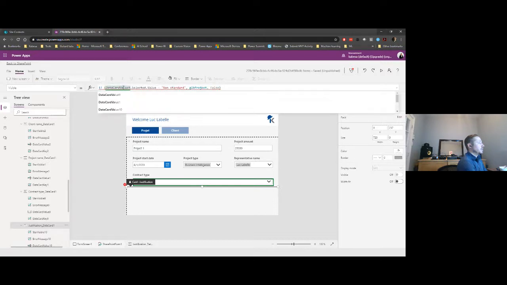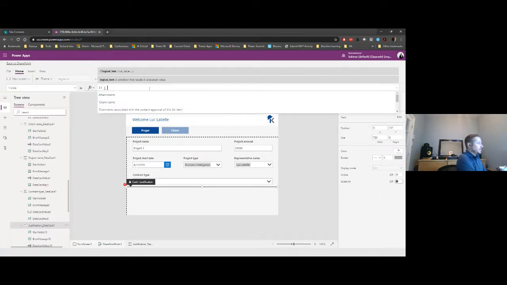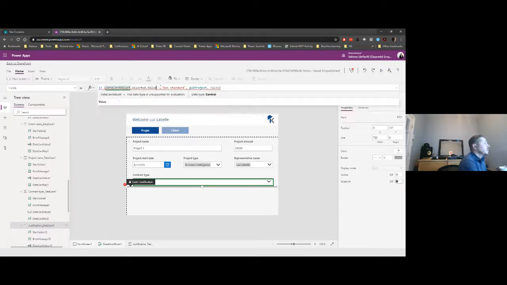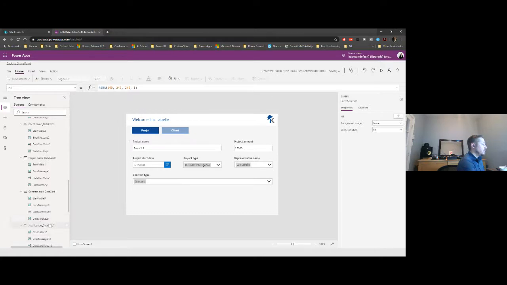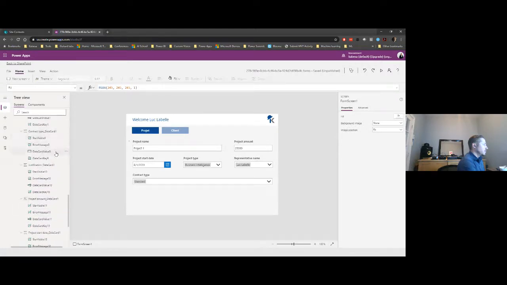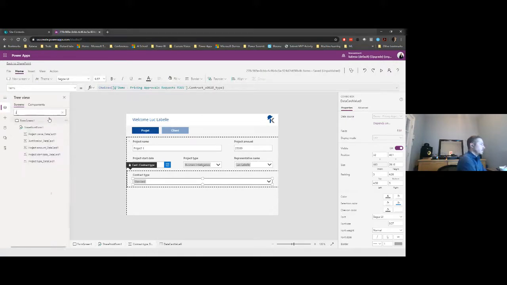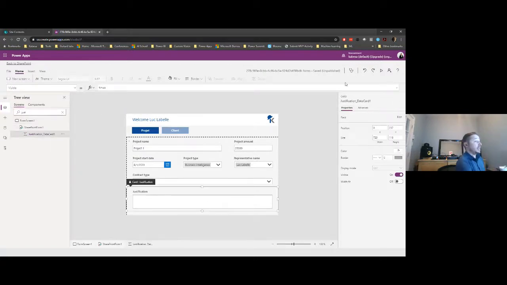I'm doing something unsupported apparently. Let me redo that. So the visible function here should be if I'm just going to repaste this entirely actually, because this should work. I think I'm just not using the adequate control. Yeah, I'm just gonna leave it like that for now because, for demo purposes, I'm just gonna keep